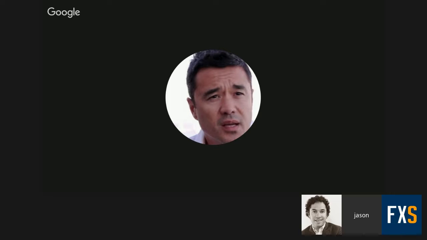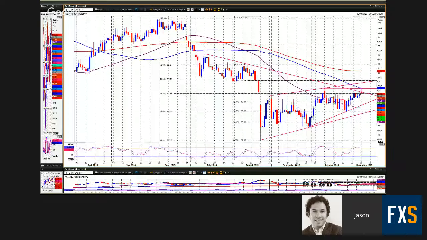What do we need to see to reverse that? Well, we obviously need to see a close above the October high 93.25 and the 100-day moving average at 93.30 as well. We would need to see a close above there to reverse this negative picture at the moment. Short term,